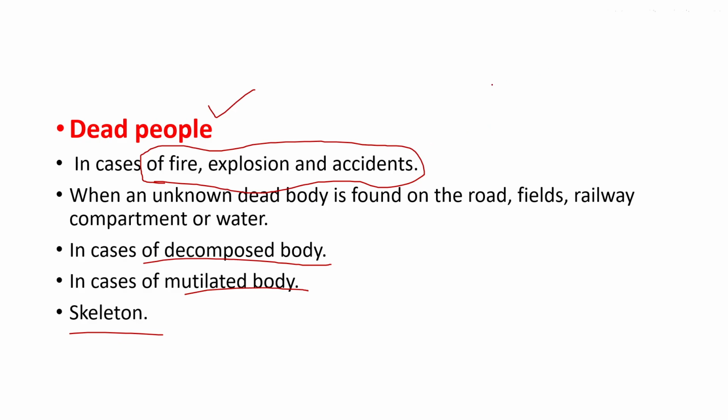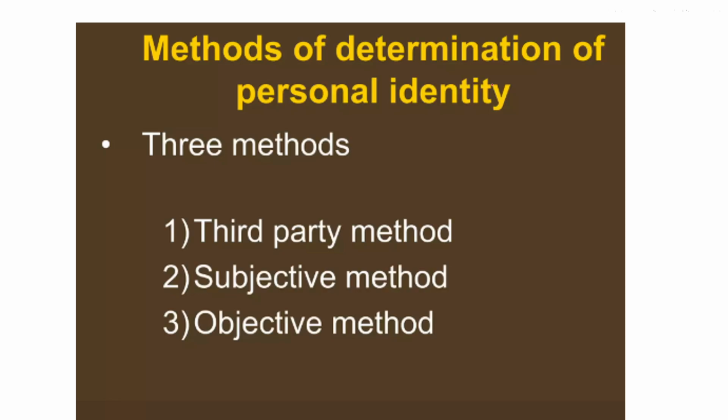So we need to identify the person by different parameters and different categories. Now the next topic is what are different methods. The first one was what are different types. The types are two, absolute and incomplete. What are the different methods? There are three different methods from which we can personally identify a person.